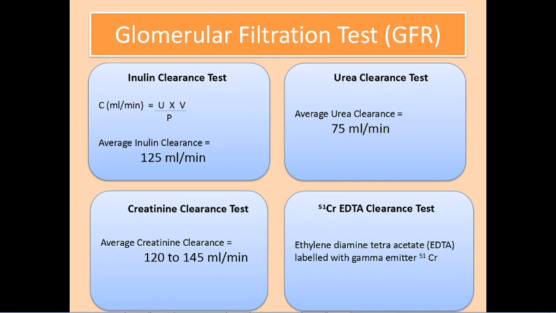The normal value of urea clearance is about 75 ml per minute. This means that the maximum amount of urea removed in 1 minute by the kidney is equivalent to that normally contained in 70 ml of blood. Urea clearance is less than that of the inulin clearance test, which indicates that some of the filtered urea is subsequently reabsorbed by the tubules. Urea clearance values are reported in percent. So the normal reference range is 75 to 120%.